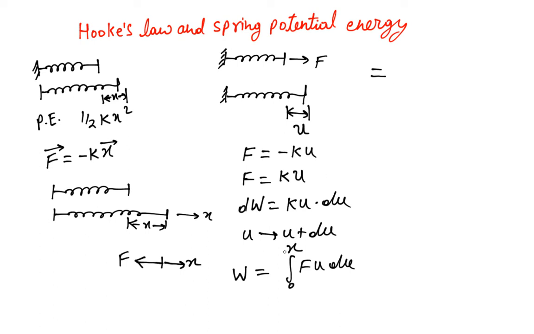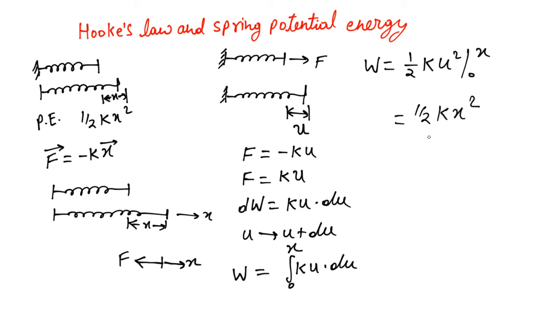I'm sorry, this should actually be ku dot du, and if you integrate that, W turns out to be half kx square. If it's not clear, I will just put u square and apply the limits, and then it is half kx square. So this is PE, or potential energy gain,